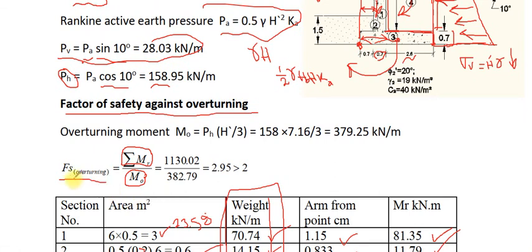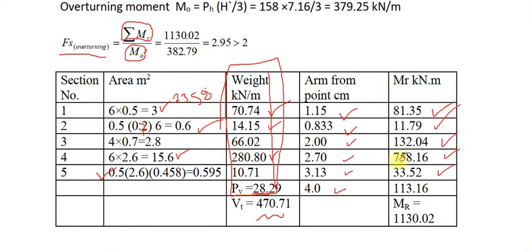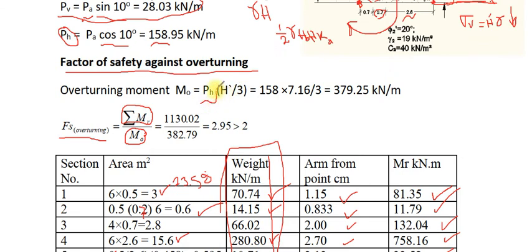So factor of safety against overturning equals the summation of resistance moment over the moment that will cause the overturning. The summation of the resistance moment is retrieved from this table here, 1130. Over M naught, equal to horizontal force multiplied by h over 3, since the